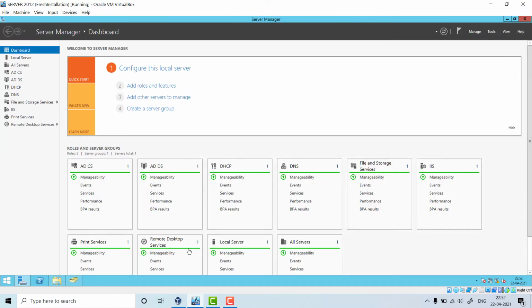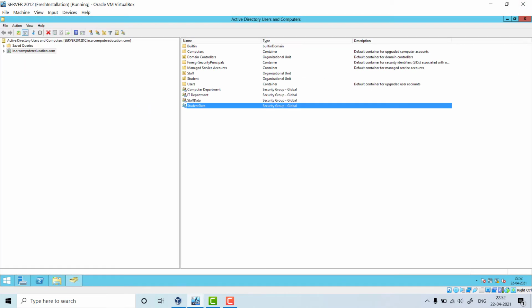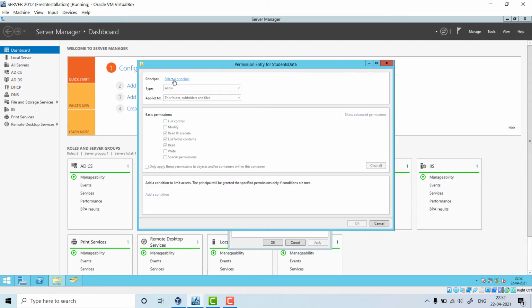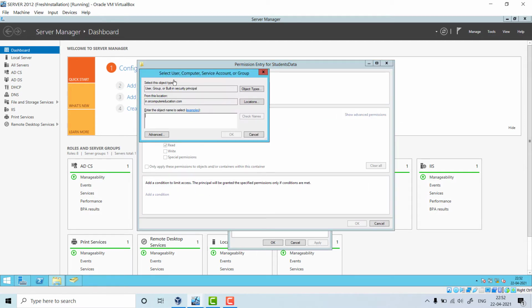Okay, so what you have to do here, go to this folder permission. Now click on add. In that, click on select a principal. Now just write the group name and see, staff data is there. I actually want student data, so type student and check names. See, student data we have as a group, so add that.